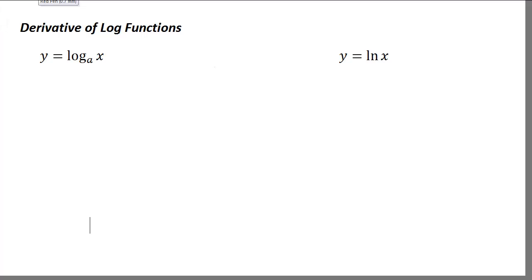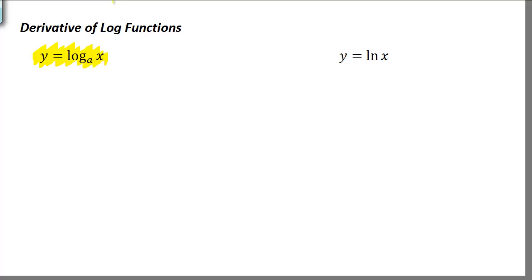Well, let's go ahead and take a look at taking the derivative of logarithmic functions. We'll take a look at both logs with a base of a and then more specifically with our natural log with the base of e. So when we start out with this log function with a base of a, we don't know how to take